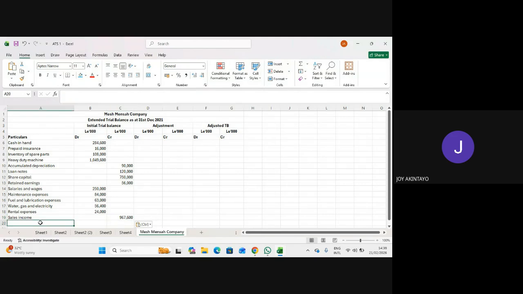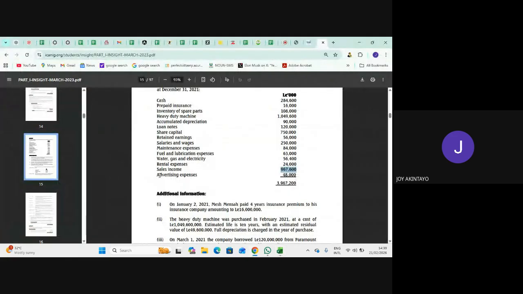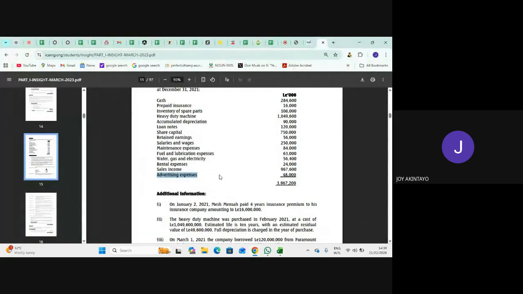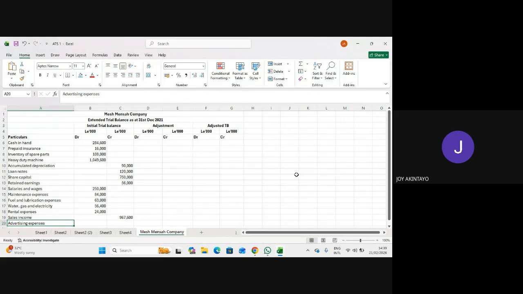Then advertising expense. Where are we putting the advertising expense? Debit or credit? Debit, because it's an expense. So when you see this in exam,